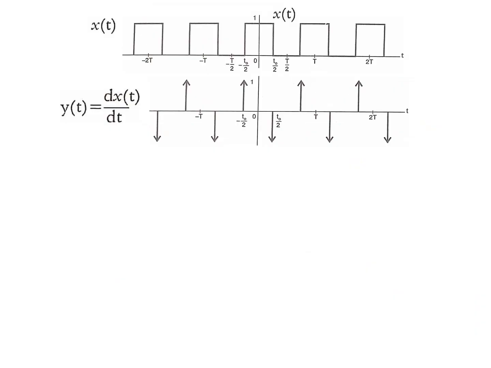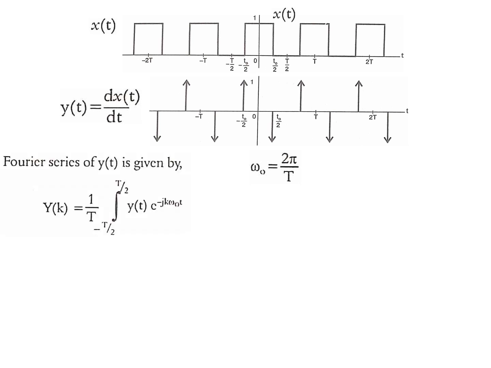See what I'm doing here. So ω0 is 2π/T because T is unknown. So let us use the formula. I'm taking this window that has been shown here. In this window I'm considering one period, from -T/2 to +T/2. This is one period. Again if I take another window, the same thing repeats.